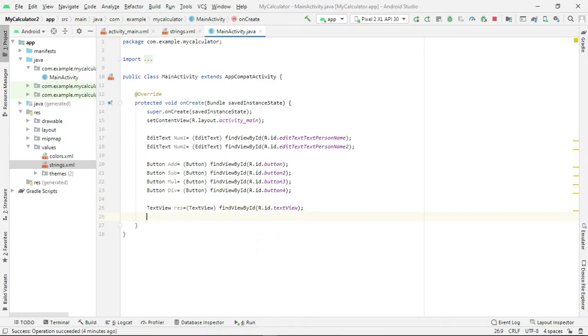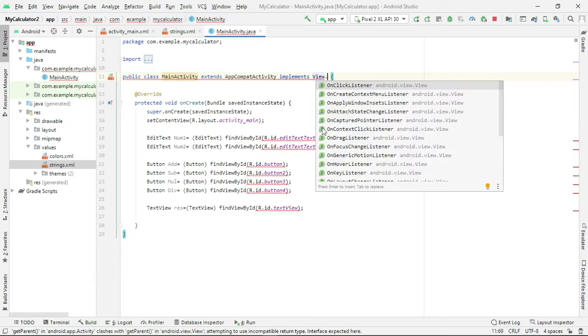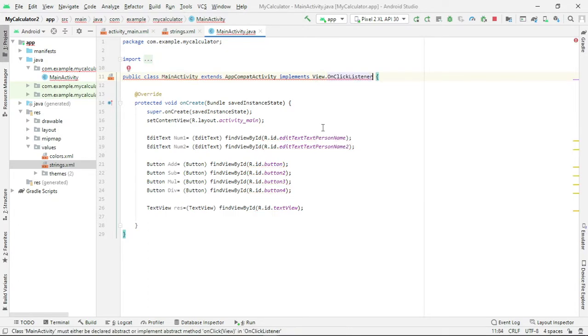Okay, so now instead of writing an on-click listener for each of the buttons, let me implement it here in the class itself. I'm going to write implements View dot OnClickListener. Before that, you are supposed to call the function setOnClickListener with respect to the object.